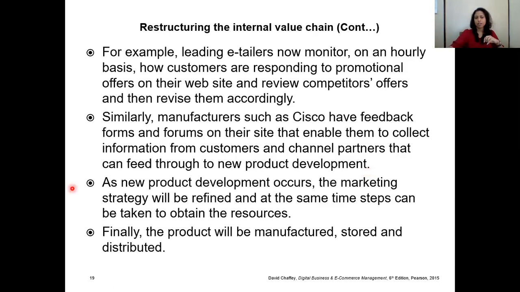Then the next point, as new product development occurs, the marketing strategy will be refined, and at the same time, steps can be taken to obtain the resources. So what does that